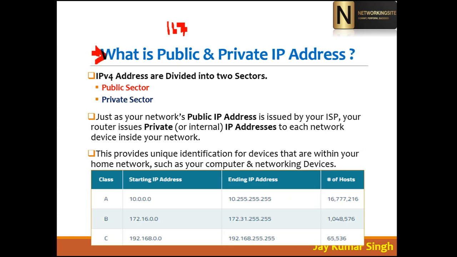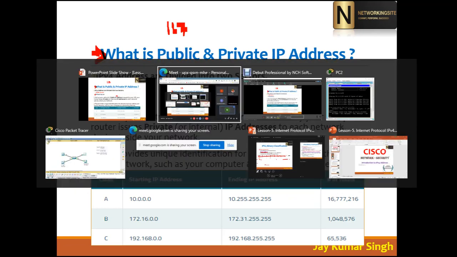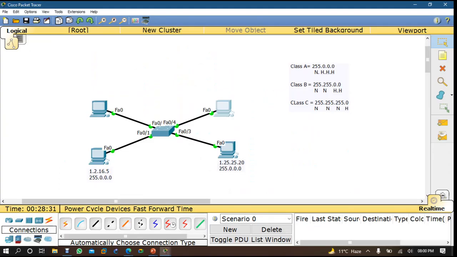So this IP address space is divided into two areas. One is the public area and the second one is the private area. Public area means with the help of a public IP address you can access the internet. But the private area is like in my packet tracer, did I buy any IP address from an ISP? No, I just came and started assigning IP addresses.